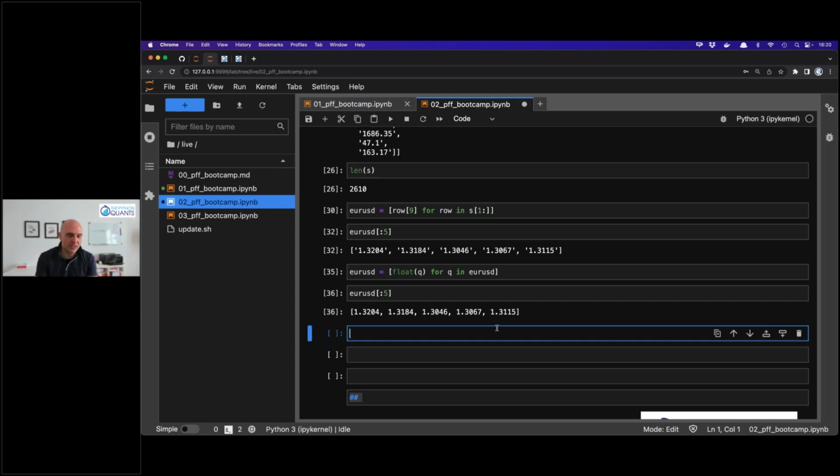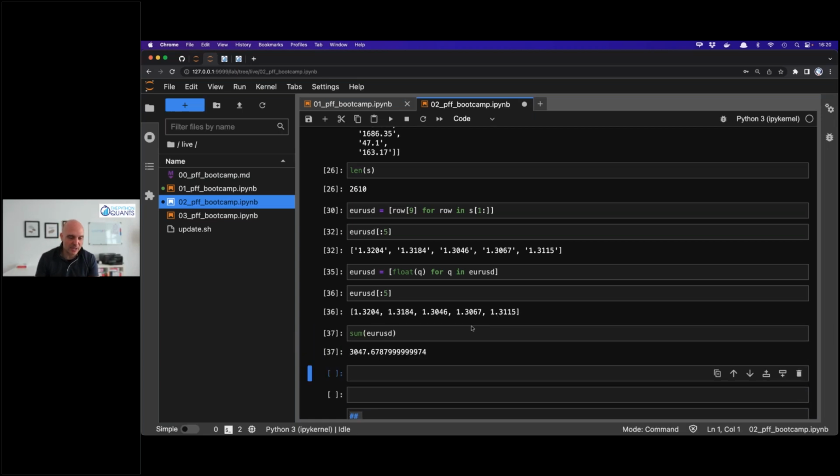The one is, and this is a standard Python operation, whenever I have a collection, as it's also called here, collection of numbers, I can, or some other things on which addition is defined, I can calculate the euro-US dollar sum here as a first step, right, over all the 2,609 elements, right, and then I divide by the length of euro-US dollar, and this is how the mean, this is the average quote